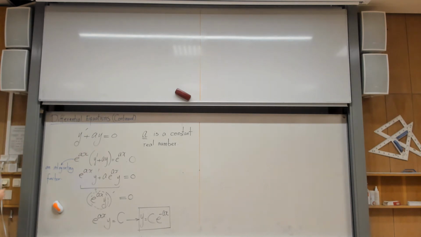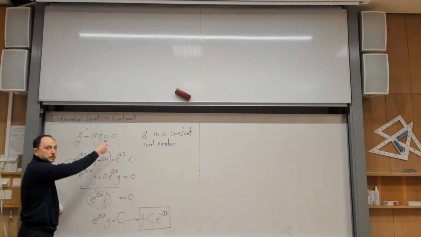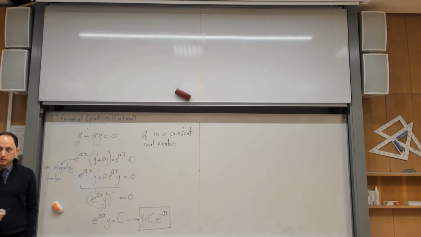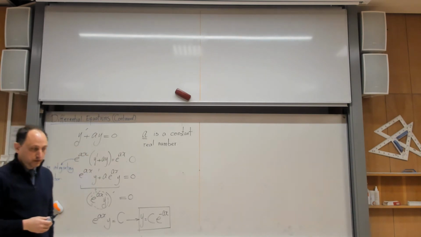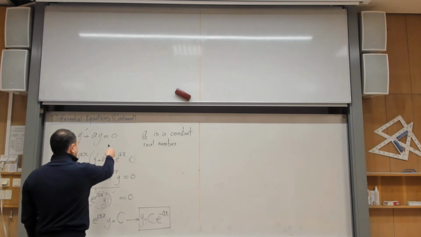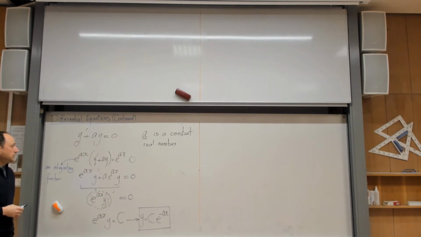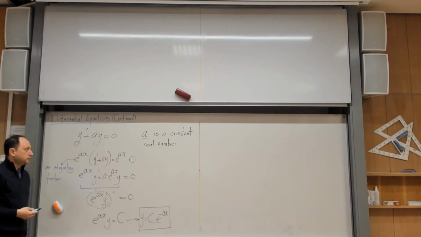Then I gave you some examples, but then immediately this question can arise: what happens if the right-hand side is not 0, but something else? I don't want to make the left-hand side more involved because it immediately becomes very hard, but we can make this 0 into a slightly harder expression. And I told you that in principle this method will work. Yes. For example,